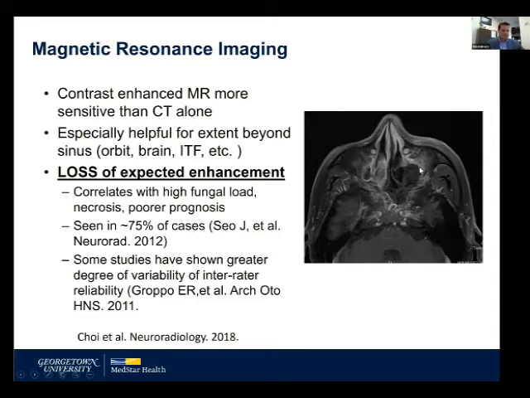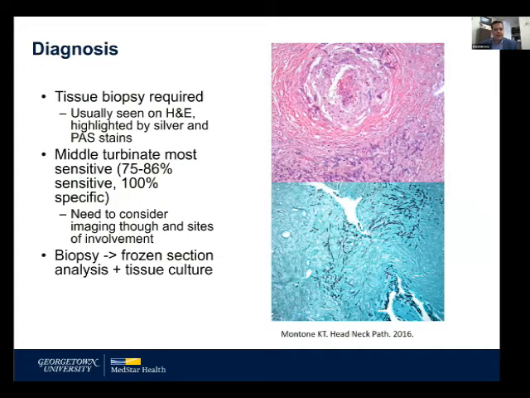If you watch serial images of this, it's essentially expanding the dead state, where you're not getting blood flow from the contrast being brought there. It correlates with a higher fungal load, necrosis, and unfortunately, oftentimes a poor prognosis. It's seen commonly, but there is unfortunately a fair amount of inter-rater variability, in that not all neuroradiologists will call this, and it sometimes depends on their level of experience with it. So it's something you can look out for and say, hey, what's this? This looks concerning. Tissue biopsy is really required, and we want to do this pretty quickly and urgently, so we can get moving on diagnosis and treatment.